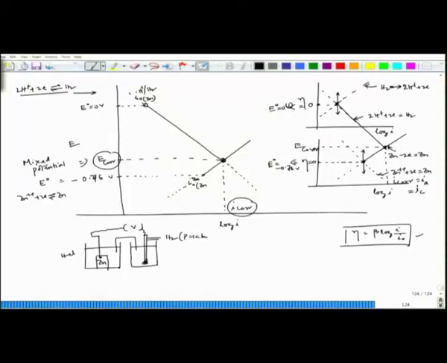After achieving this potential, we call it without sending current. Remember, without sending current, we are not connecting that circuit. So, that time the potential is termed as